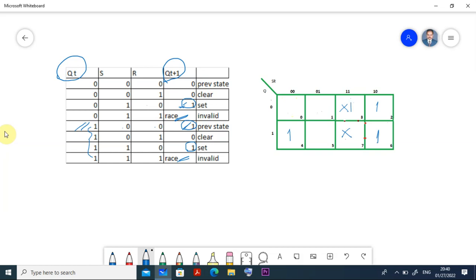I take it here as 1. So instead of x I take 1. Get it now? So if I go for the min term, this is 1. Can you follow me? And this also, along with this one and this one, it will be 1. Are you following me? Then if you try to write the equation for that one, how to write the equation?